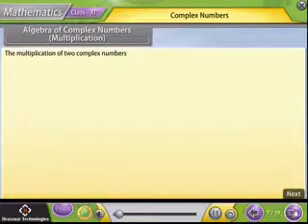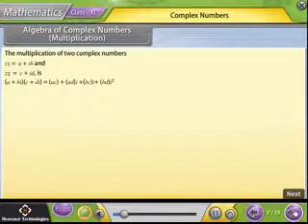Algebra of complex numbers. Multiplication. The multiplication of two complex numbers z1 and z2 is AC minus BD